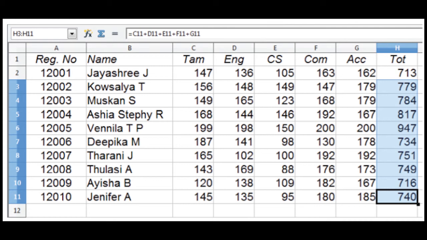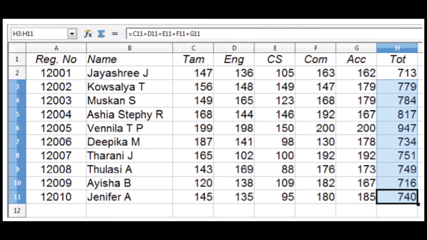First, you have to select all the cells from H3 to H11, in which you have to paste that. Then you can just paste the copied formula, or you can click Control V, or Edit, Paste, or just click on the paste icon. The autofill feature is also there. That means we have learned about copy and paste of formulas from one cell to another cell.